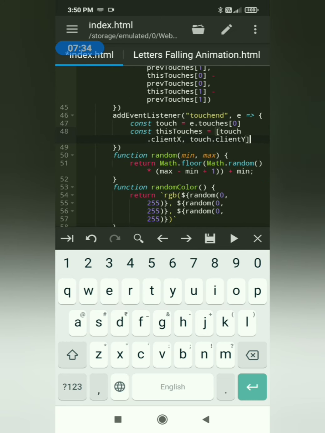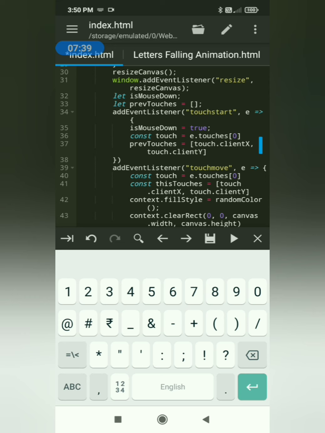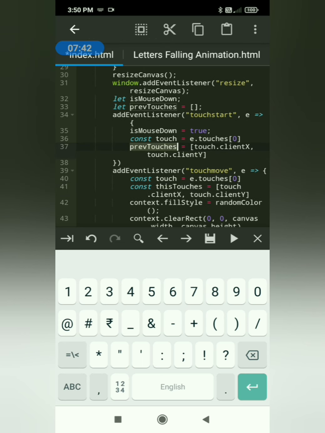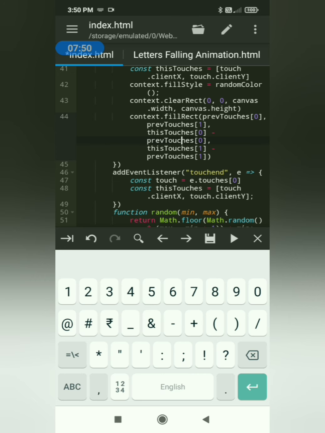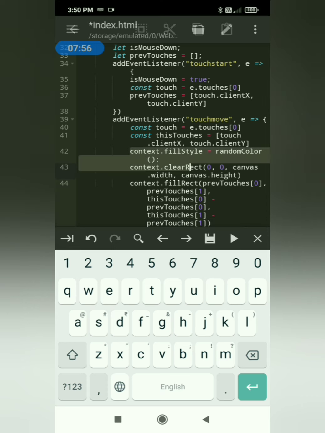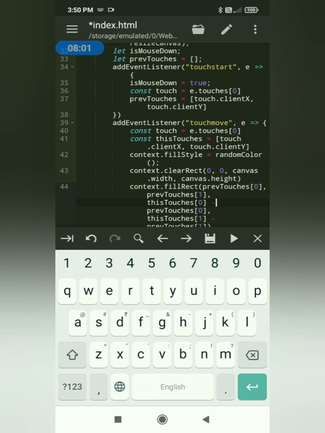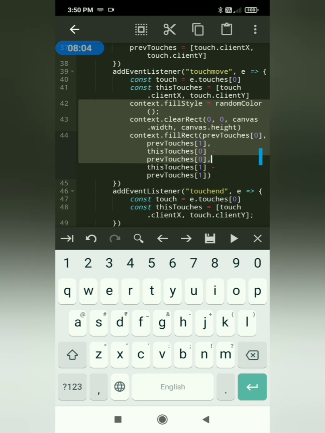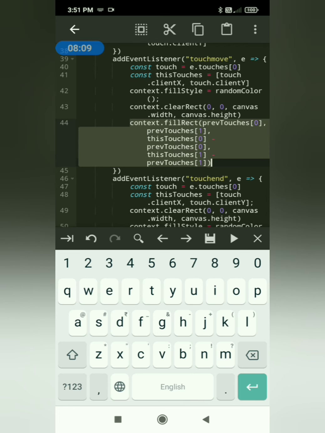I have brought the touches variable, and you already know that the touches of the starting point are stored in the prevTouch variable. Now we are going to create 5 rectangles one by one of random color, and that will create a plus-like design. Firstly, we will also have to change the fill style each time, and we will need to create a clearRect. So I need to copy this part. You already know what this code was made for. That was made for creating a rectangle at the same place where our touch is.